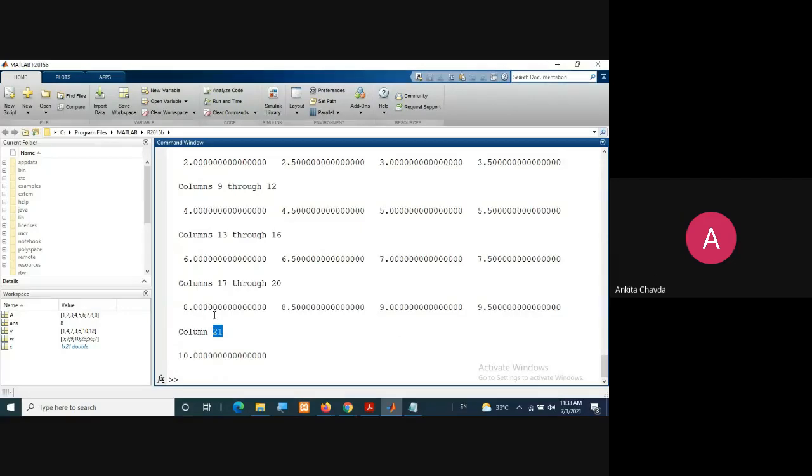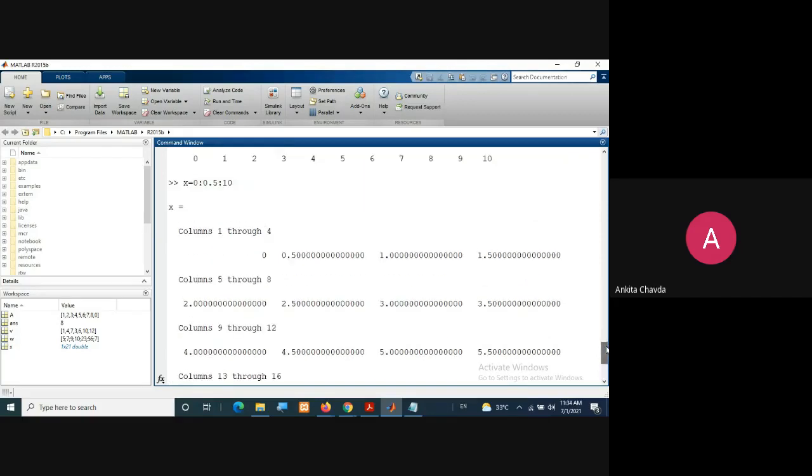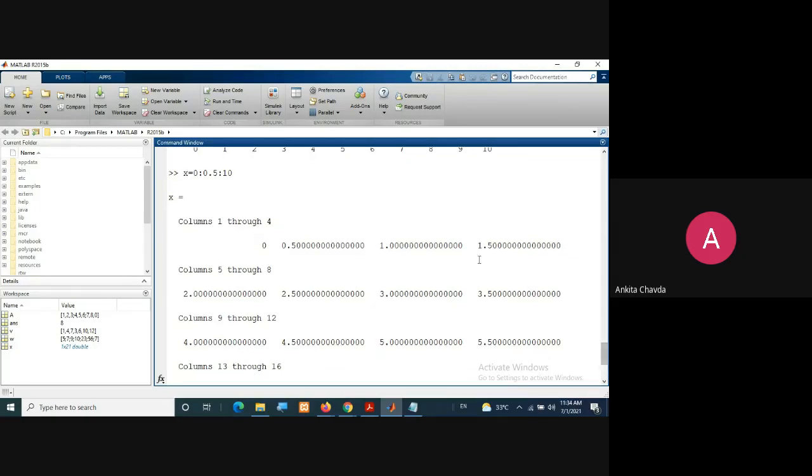So it will create total 21 elements. They are showing you like this because it's not accommodated into a single row with different columns, right? It is a row vector, but you can see here that in a single row they cannot accommodate all the columns. That is why they are showing like this.